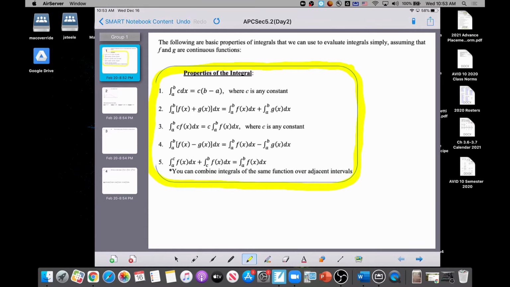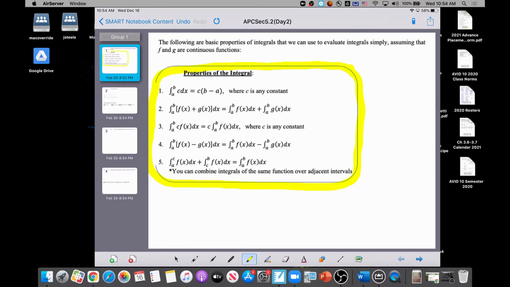Number two, the integral from a to b of f of x plus g of x is going to be equal to the integral of f of x plus the integral of g of x, meaning you can break it apart and separate the integrals and then add them together after you integrate. Number three is about constant terms in front of a function, just saying that you can pull the constant term in front of the integral. Number four is similar to number two, except subtraction. The integral from a to b of f of x minus g of x can be calculated by finding the integral from a to b of f of x, finding the integral from a to b of g of x,